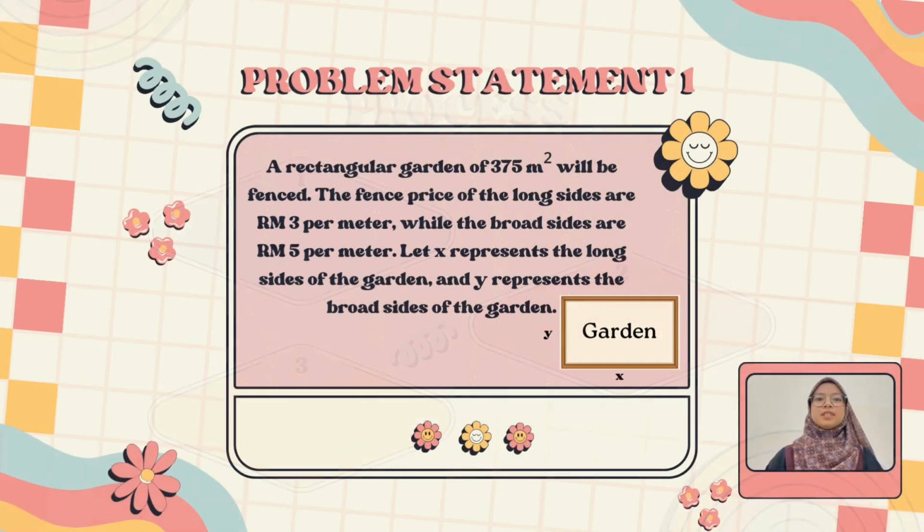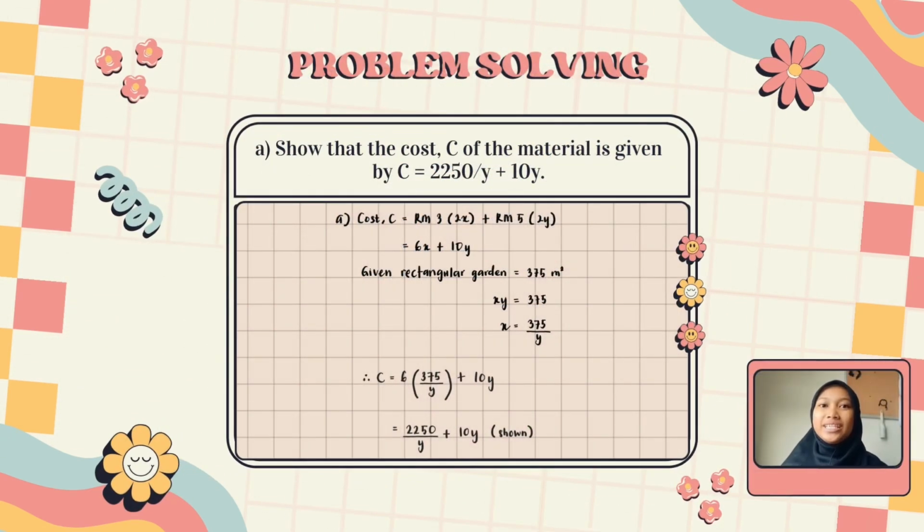We move to our first problem statement, which is a rectangular garden of 375 m² will be fenced. The fence price of the long sides is 3 ringgit per meter, while the broad sides are 5 ringgit per meter. Let x represent the long sides of the garden and y represent the broad sides of the garden. Problem solving. A. Show that the cost C of the material is given by C equals 2,250 over y